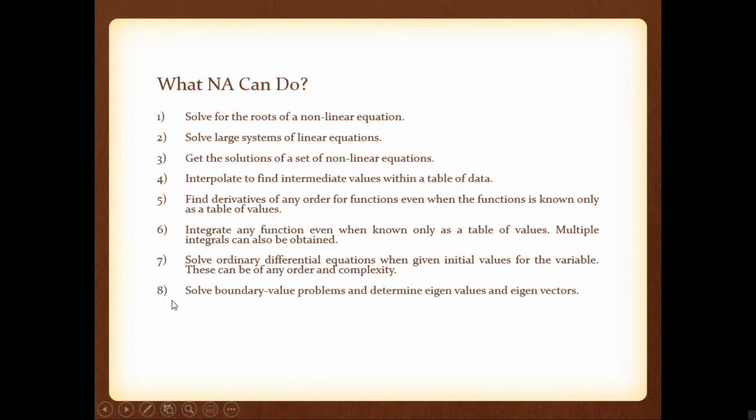Now we can solve boundary value problems. We can solve boundary value problems, or we can find eigenvalues of a matrix. We can find eigenvalues of a matrix. We can even find eigenvectors of a matrix. We can't find all eigenvalues or all eigenvectors. We can find some eigenvalues and some eigenvectors by using numerical techniques. Okay, we can't find all. We can't find complex eigenvalues. That is not possible. We can find real, distinct eigenvalues, and that we can find by using a numerical method. Anyway, we are not doing this one in this particular syllabus.